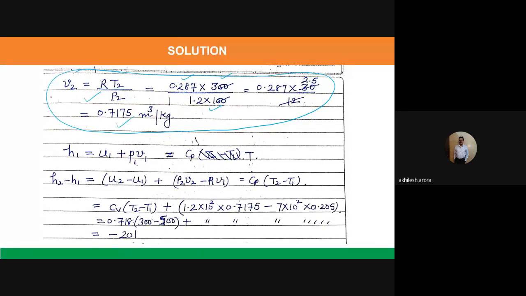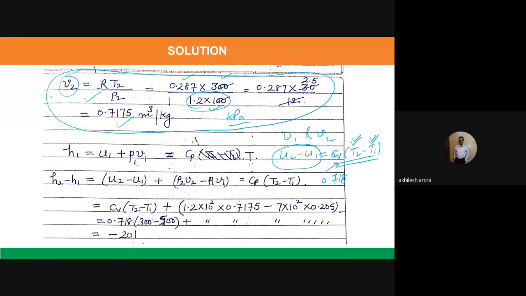If you remember, I gave a question in the test also where you were to calculate the mass, so you have to use similar units. Once I have calculated V1 and V2, how to calculate U2 minus U1? U2 minus U1 is given by Cv into T2 minus T1, and the value of Cv is 0.718. Temperature is already known to you, both T1 and T2, so you can always calculate the value of U2 minus U1. You can see it here, I have calculated it.